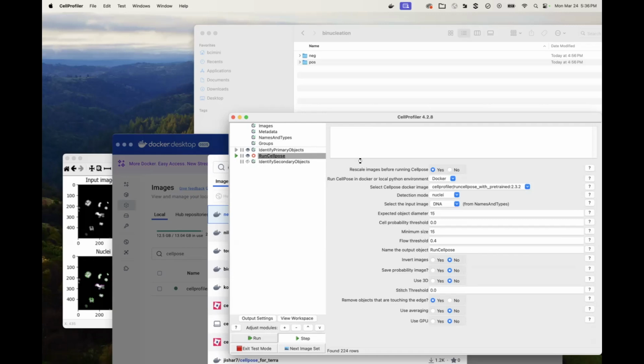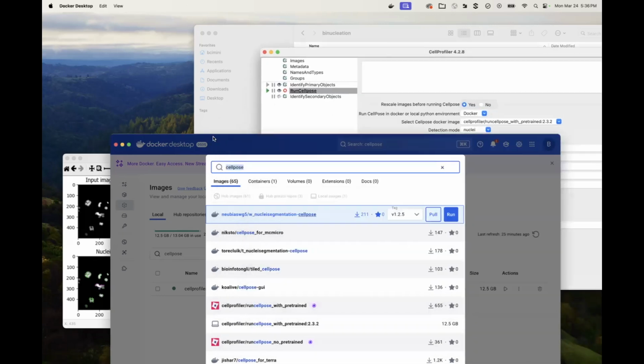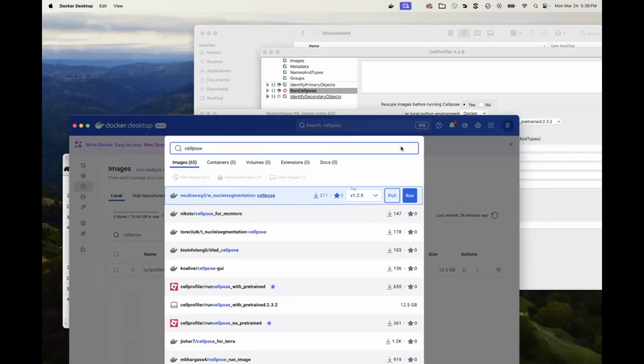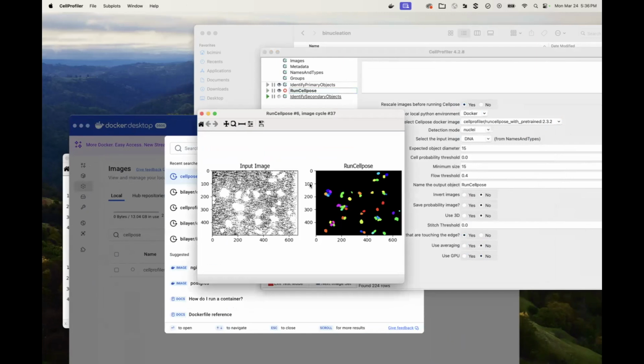This is unfortunately pretty slow in Docker in CellProfiler 4. When we put out CellProfiler 5, this will be much faster, at least the second time. On the first time, it's always going to be a tiny bit slow because it has to actually make a whole system for running CellPose. The downside of it installing really quickly is that it is not actually going to run super quickly. Okay, there we go. As soon as I navigated away, it finished.